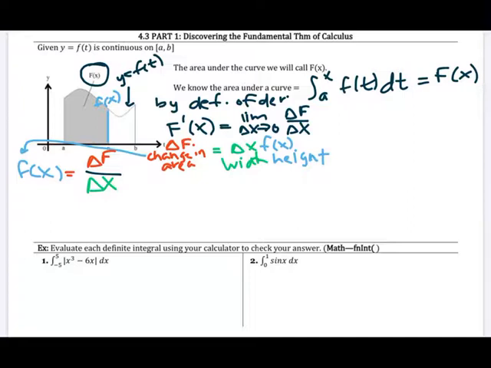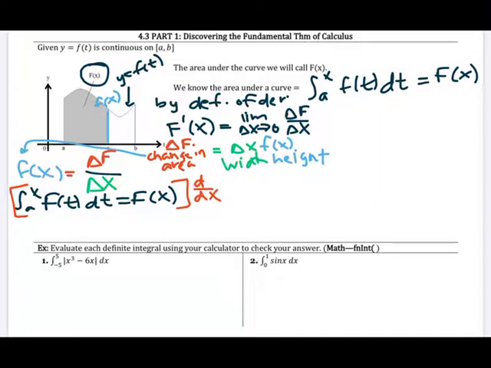So why are we doing all this? Let's go back to what we originally started with, the integral from a to x of f of t dt equals capital F of x. I'm going to rewrite that so we're looking at the same thing again. Now what happens if I take the derivative of both sides with respect to x? That would give me capital F prime of x equals d/dx of the integral from a to x of f of t dt, and that's going to be equal to f of x